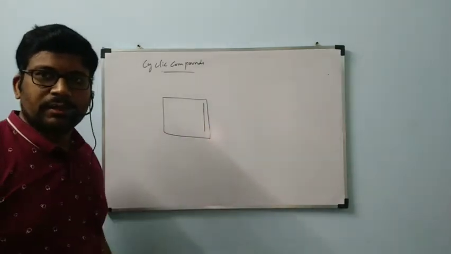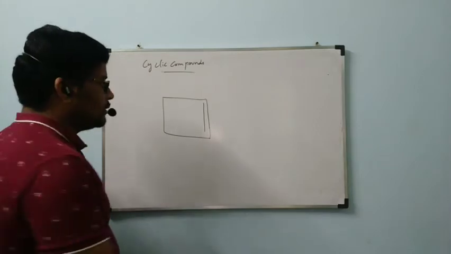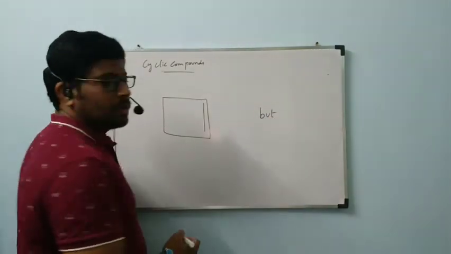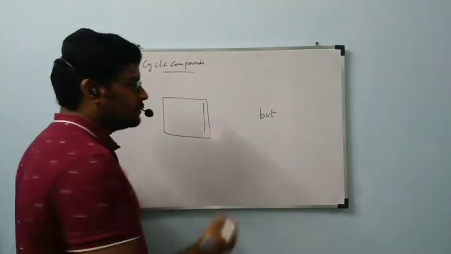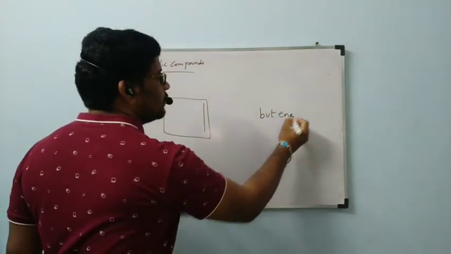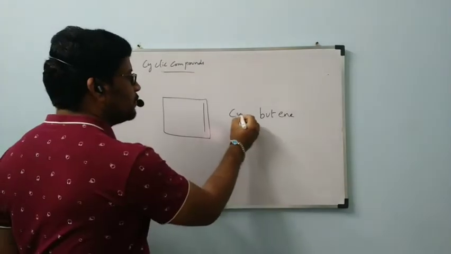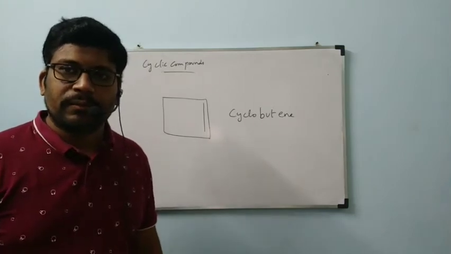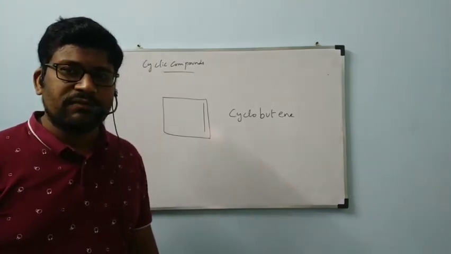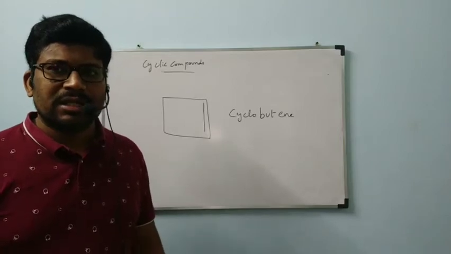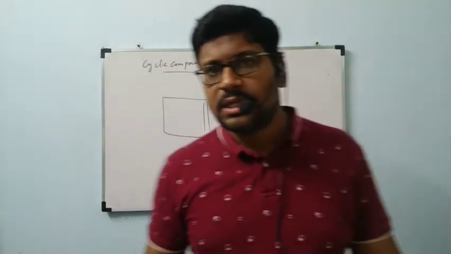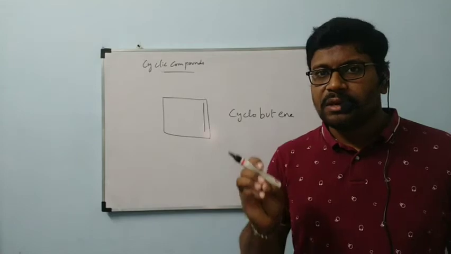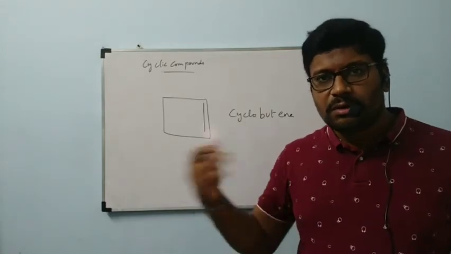Next. A double bond is also there in a closed chain. The number of carbons is 4, but the double bond is there, so ene, and it is a cyclic compound, so cyclo. The name of this compound is cyclobutene. Like this, if you have a triple bond, you will write yne. The same rules we followed for open chain compounds, we can follow for closed chain compounds also. Numbering also follows the least number rule only, no problem. Now we will see further examples.